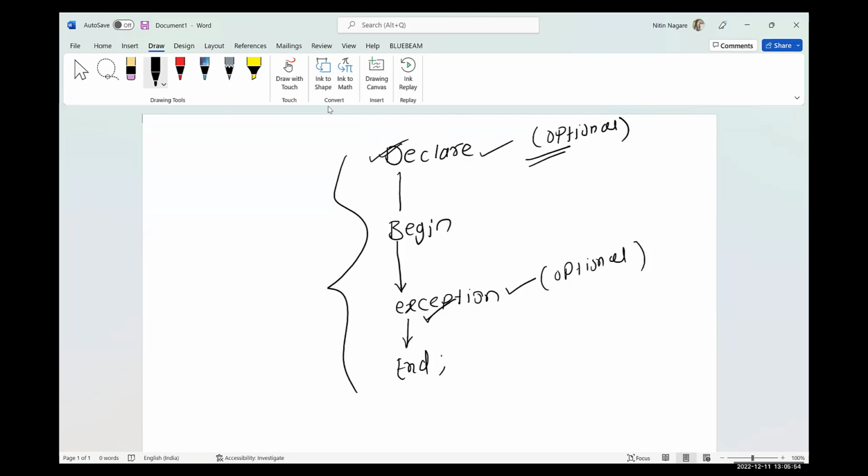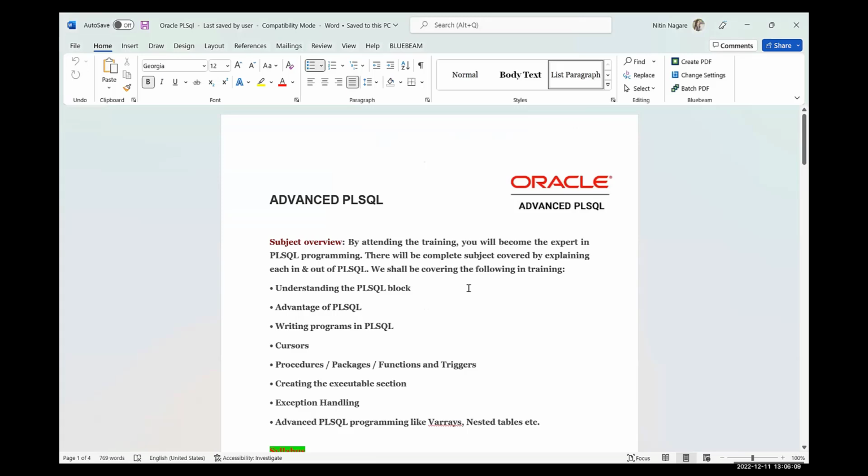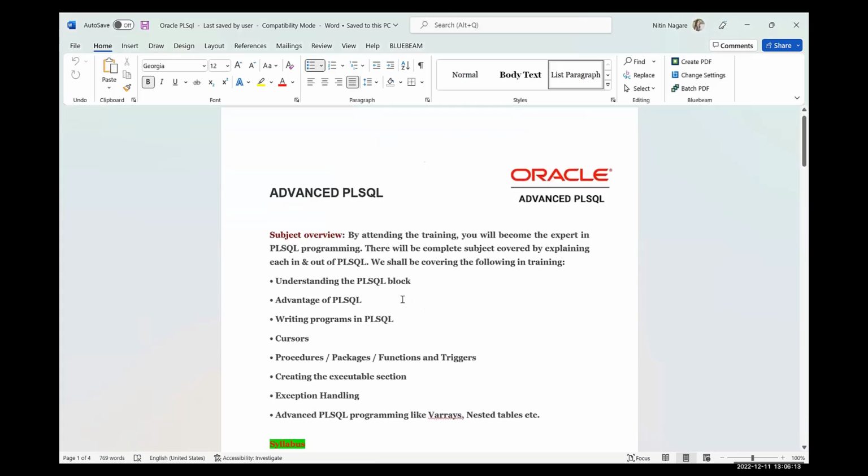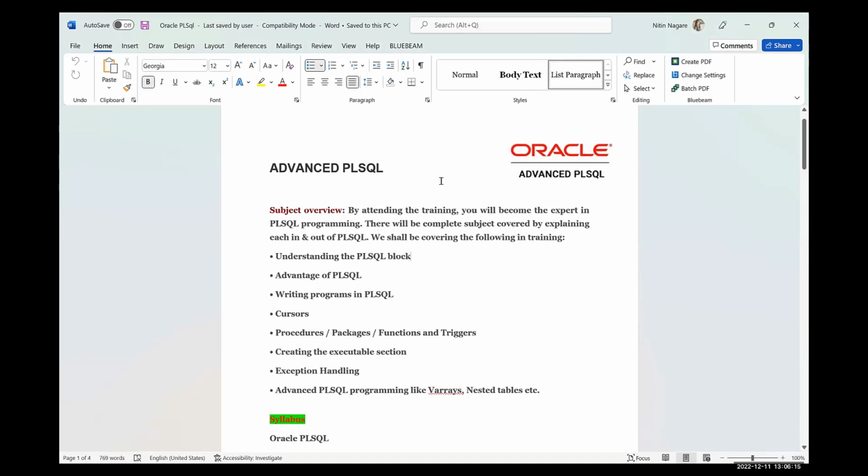Now I will share my screen for the PLSQL course syllabus. In PLSQL, we will understand the PLSQL block, what a PLSQL block is, whatever I just explained to you. Then the advantages of PLSQL and writing programs in PLSQL.